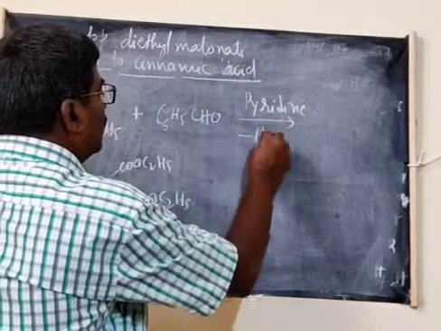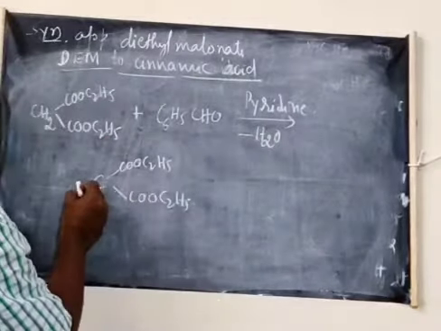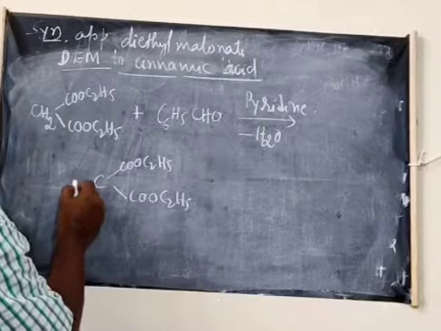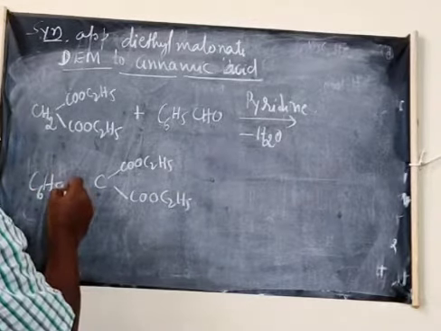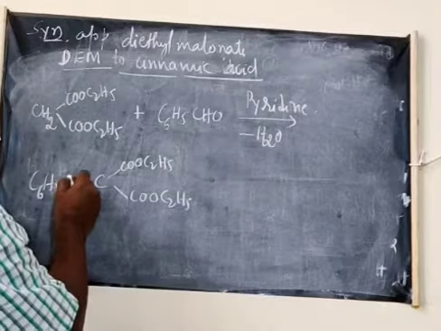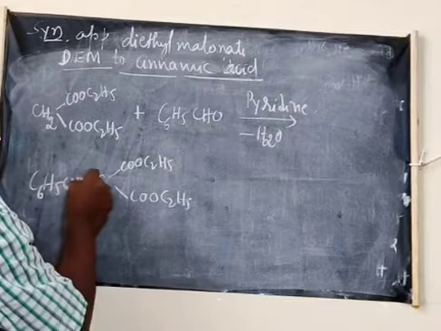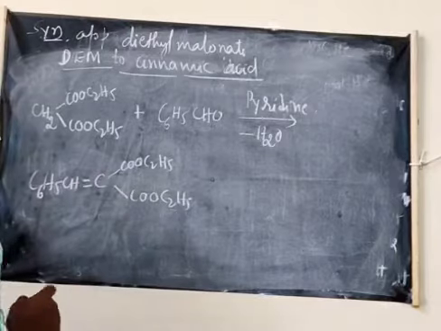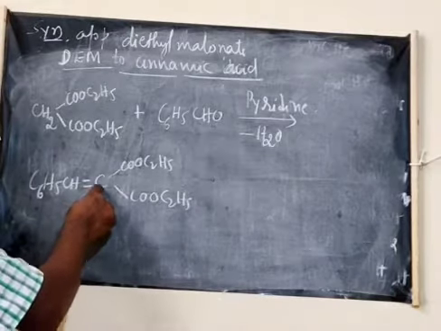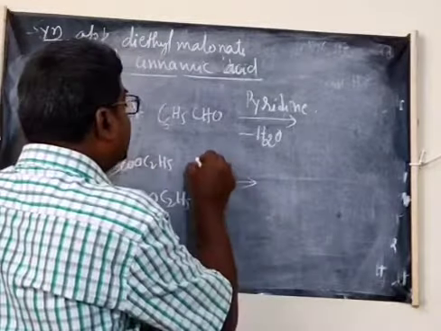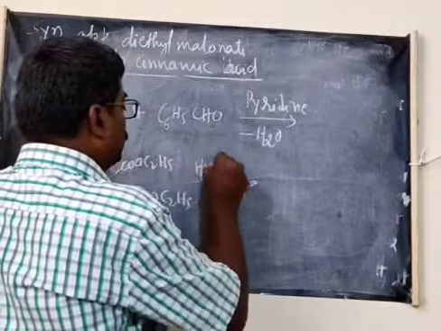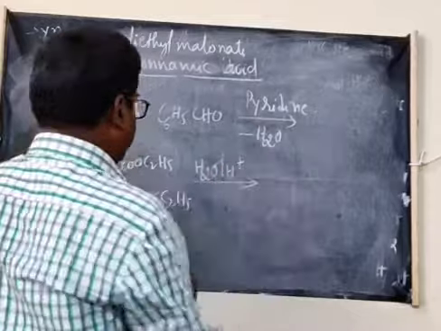So minus H2O forms C6H5CH double bond C(COOC2H5)2. This on acid hydrolysis, H2O, H plus,